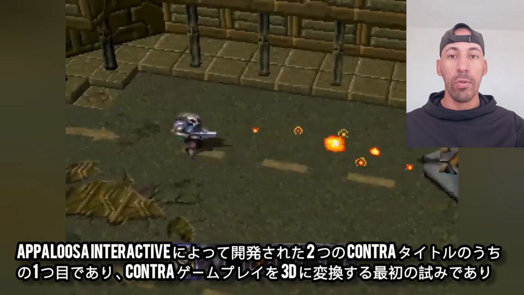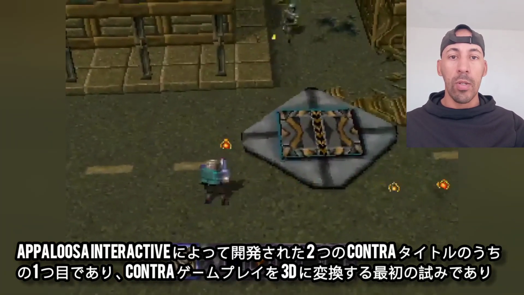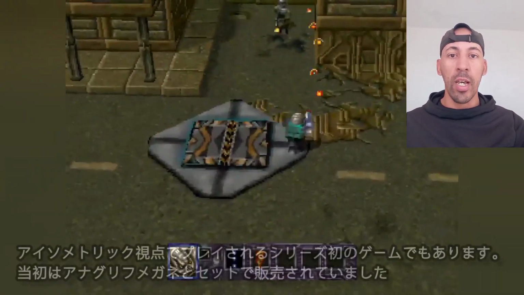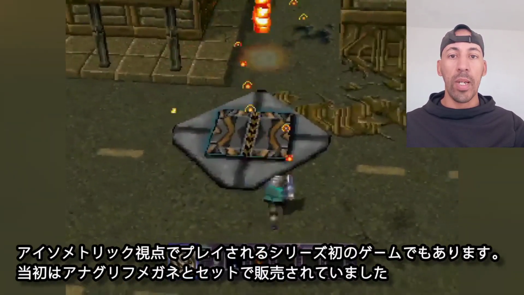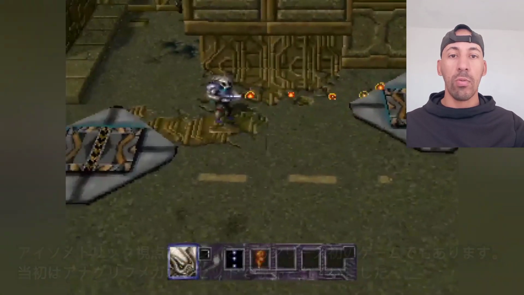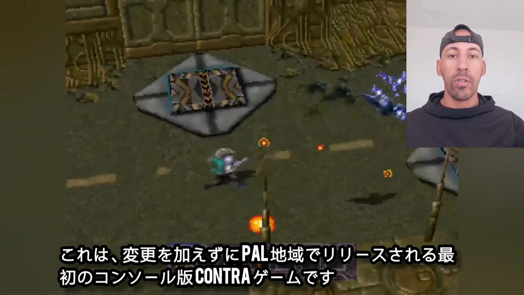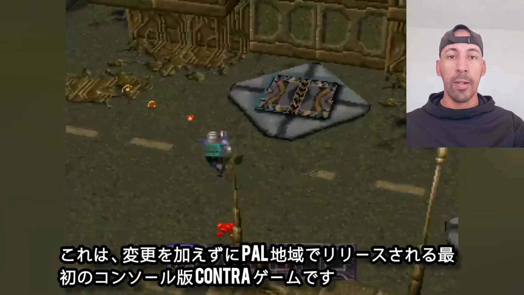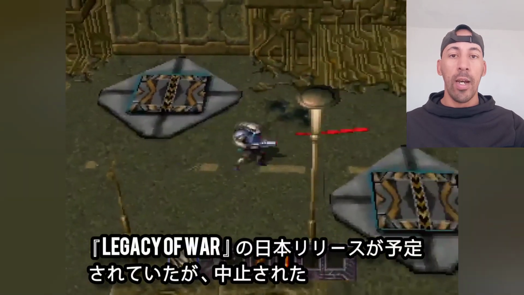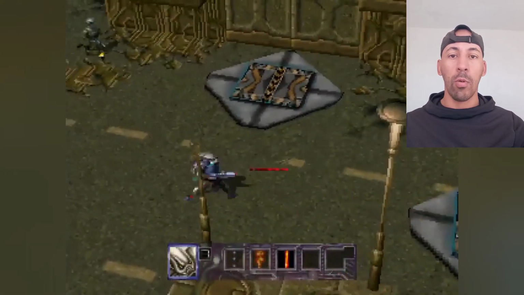The first of 2 Contra titles developed by Appaloosa Interactive, as well as the first attempt to convert the Contra gameplay to 3D and the first game in the series to be played in an isometric perspective. It was originally sold with a pair of anaglyph glasses. It is the first console Contra game to release in the PAL region with no changes. A Japanese release of Legacy of War was planned but was cancelled after